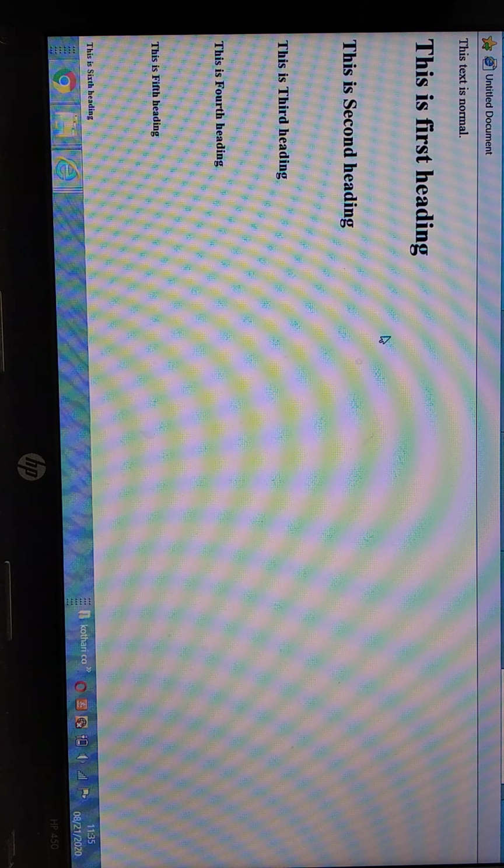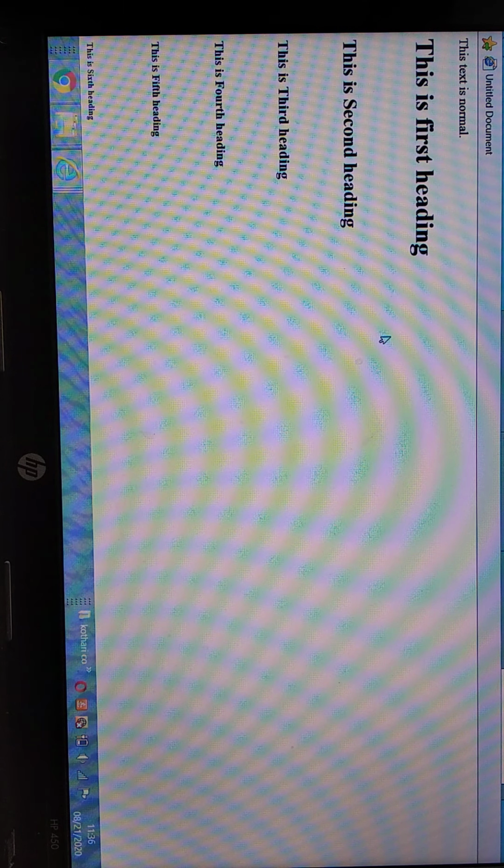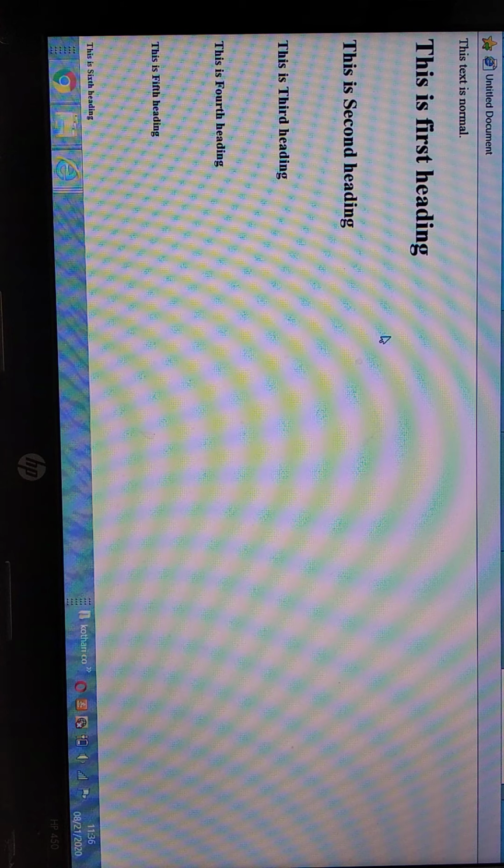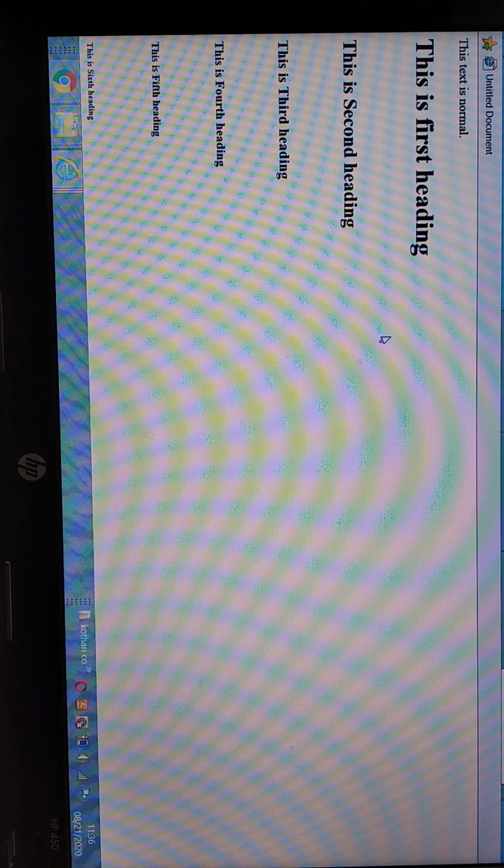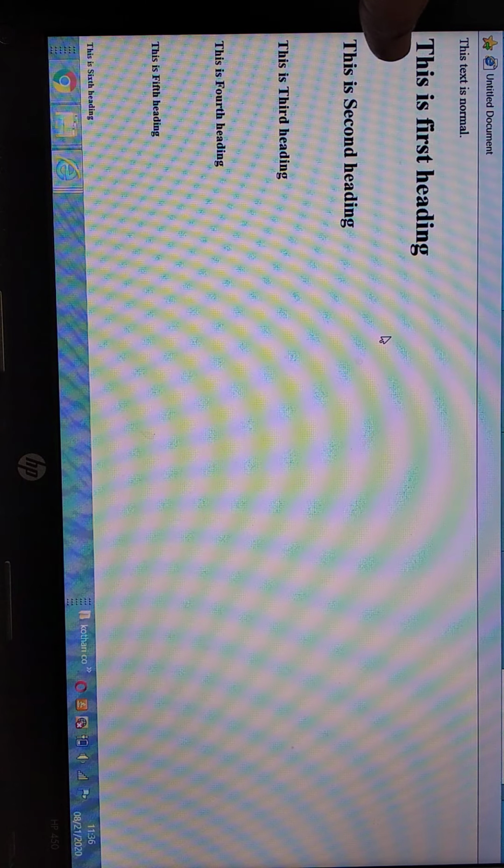So there are a total of 6 types of heading, from H1 to H6. Whenever I write the text in between the first heading, H1, the output will be like that.